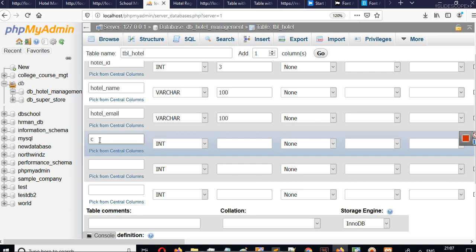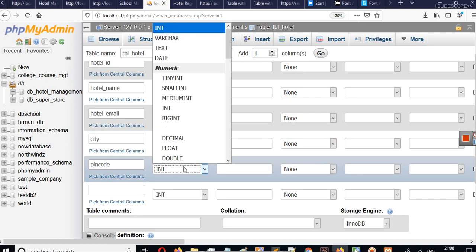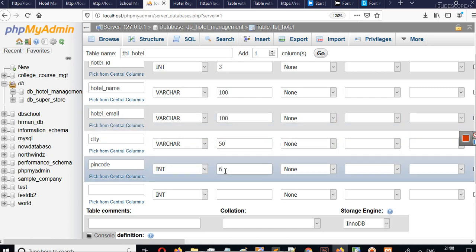Then we have city and pin code. City name will also be variable, so we can set varchar and let's say 50. Then we have pin code. Suppose I am creating this application for Indian hotels, and in India the fixed length for a pin code is 6 and it is an integer data type.